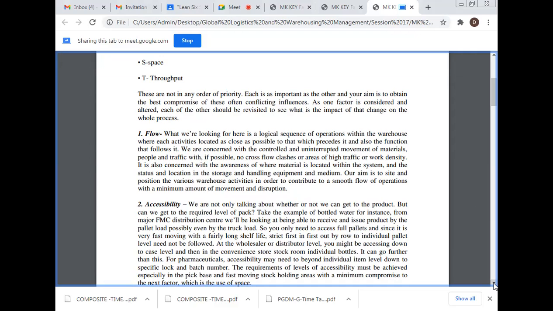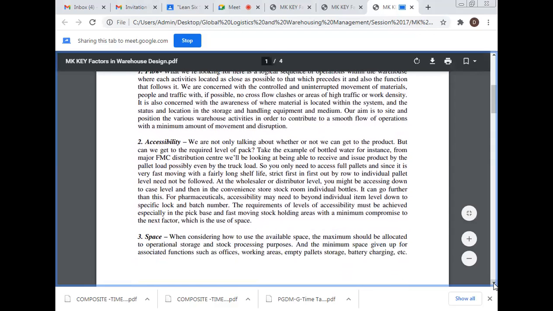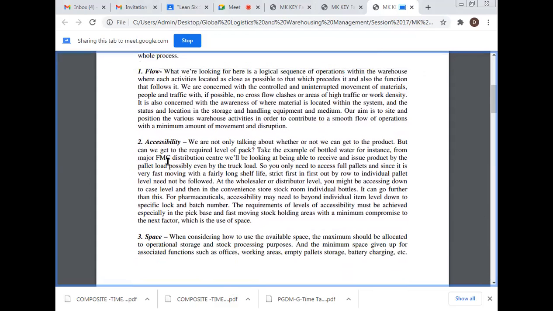Number two is accessibility. With accessibility, we are not only talking about whether or not we can get to the product, but whether we can go to the required level of the pack. Take the example of bottled water from a major FMCG distribution center. We will be looking at being able to receive and issue product by the pallet load, possibly even by the truckload. So you only need to access full pallets, and since it is very fast moving with a fairly long shelf life,